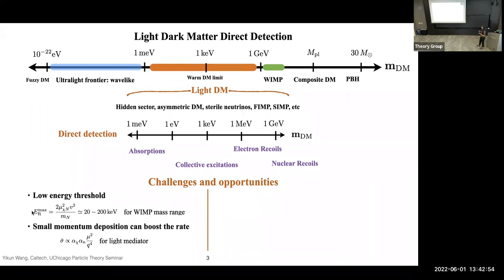So for example, you can think about electron recoil instead of nuclear recoil. That gives you much better kinematic matching. Or you can think about collective excitations. A very popular way is to think about phonon excitation, where the phonon energy is much smaller than nuclear recoil. And if you go to the real low end of this range, you can also think about absorption instead of scattering. That will give a different kinematic matching condition. Beyond this, I think a very exciting thing is